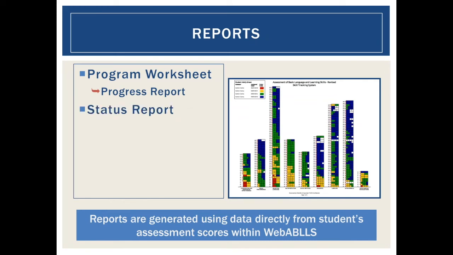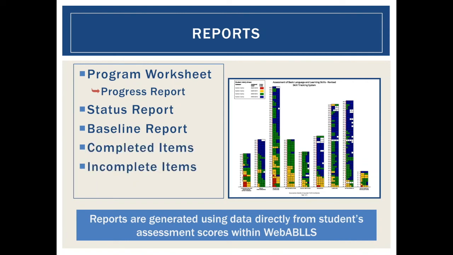Then we have a status report, which is a static report that's used as a quick reference for a specific group of tasks, and these are tasks that you have selected. If you want to highlight a section or several things to show that there's been good progress or maybe lack of progress, the status report is a great tool for that. We also have a baseline report, which is very, very quick. You click one button and you will get a report that will show all 544 tasks throughout the entire assessment. It will give the title of the task and the current score for the particular child at that time.